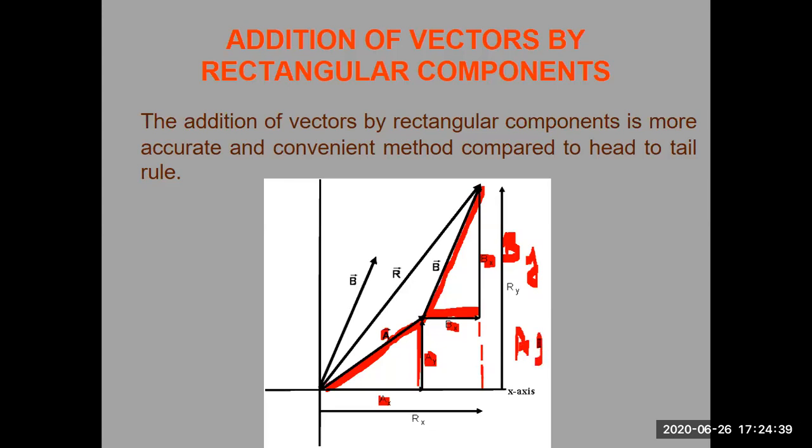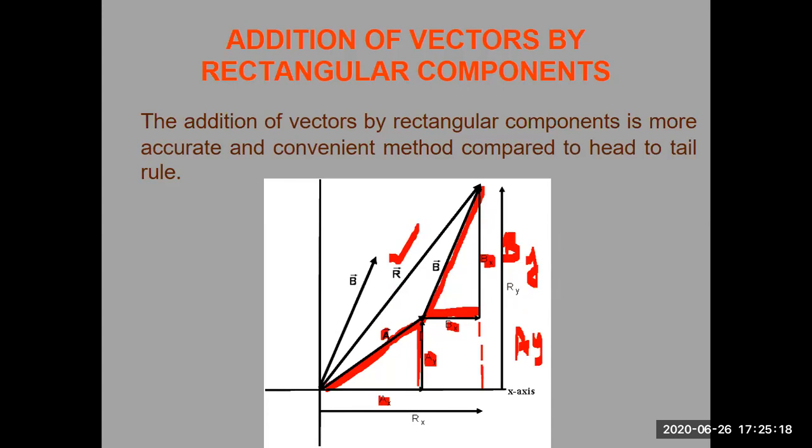If you see the total, that will be Ay plus By. If the resultant is R, it is equal to Rx and Ry. It will be equal to the sum of the horizontal component of vector A and the horizontal component of vector B. This will be the total horizontal component. But what about the vertical component? If this is Ay and this one is By, it will be equal to Ay plus By. This is the total sum of the vertical components of these two vectors.